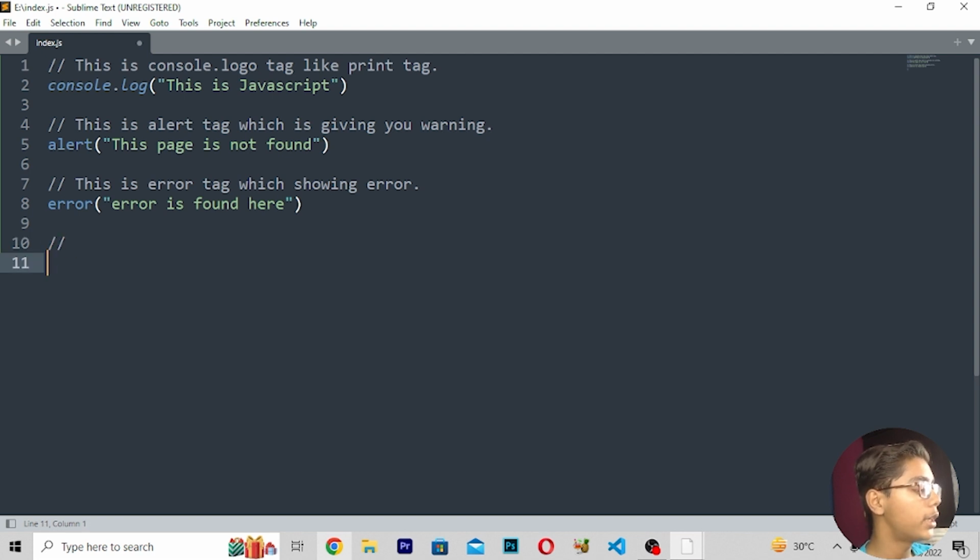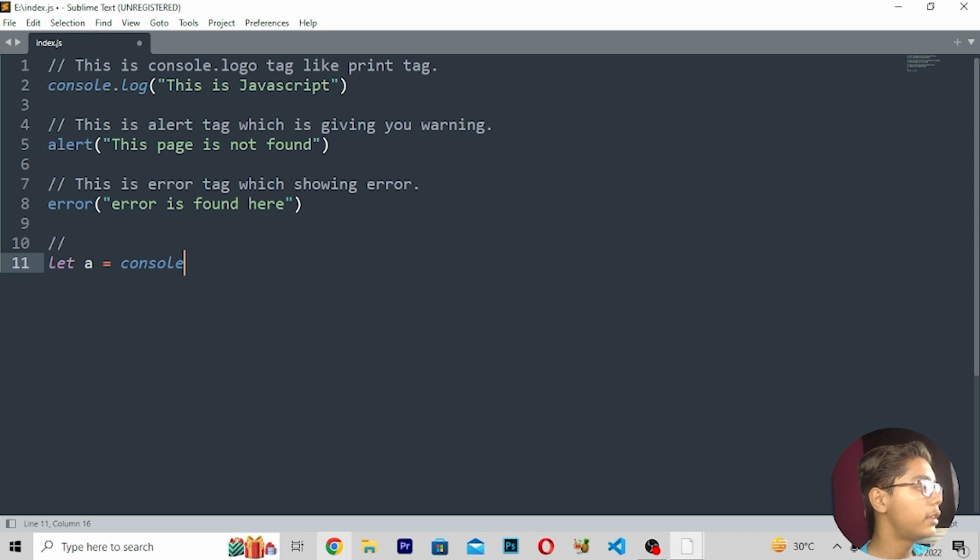So I'll move down, and then write let. When you write let, here you can write let a, then equals. Then let a equals console, like this.